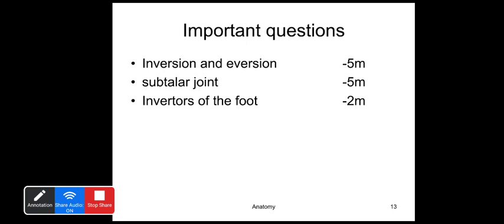So that's about today's topic. It's quite a small topic, the inversion and eversion movements. If you understand the movements, it is the combination of the other movements, the supination, pronation, adduction and abduction at the forefoot together, and the dorsiflexion and plantar flexion at the ankle joint. The combination of all these movements allows the inversion and eversion at the foot, of course at the subtalar joints. So that's for today's class. Thank you for your patience listening.